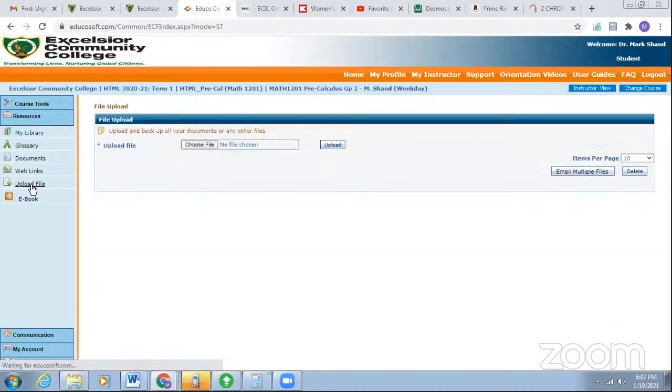You're going to click on upload file. I would encourage you to save your document to the desktop of your computer. For those of you who are challenged in accessing a computer for your exam, it may be difficult if you're going to be doing your assessment on your cellular phone, even though the platform can accommodate that.